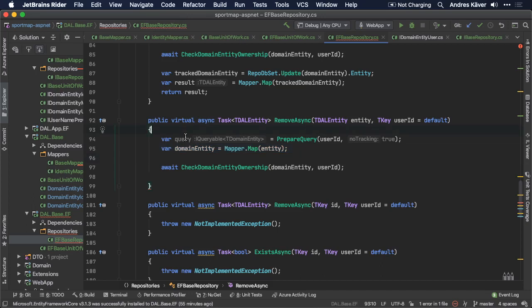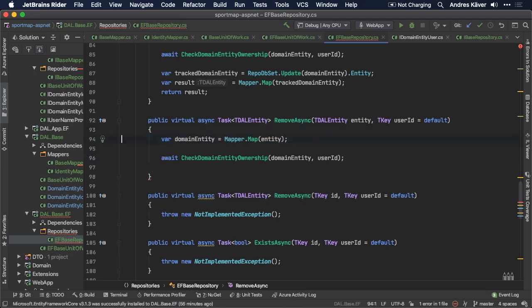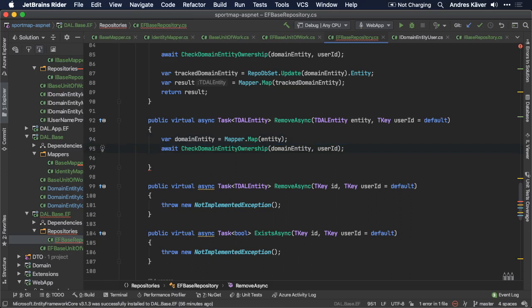I don't even want to prepare the query, actually. I want to make the domain entity. I want to check the domain entity ownership, and if everything is fine, then we can just